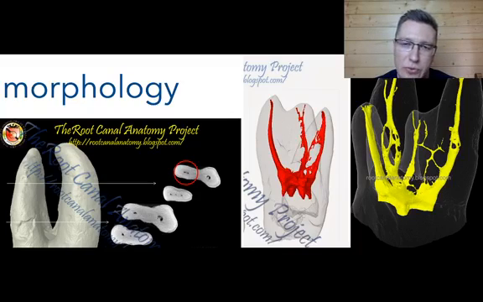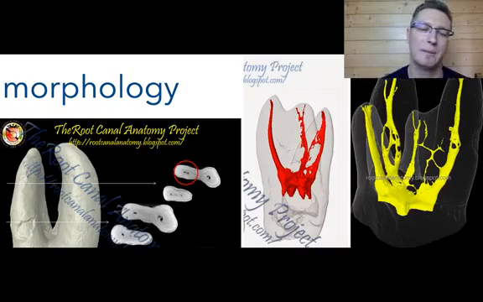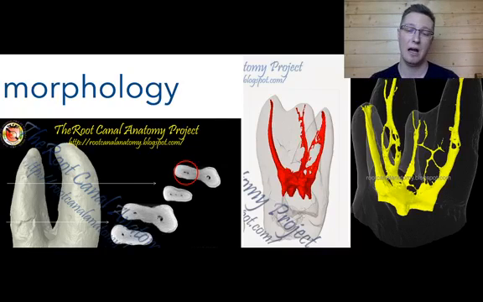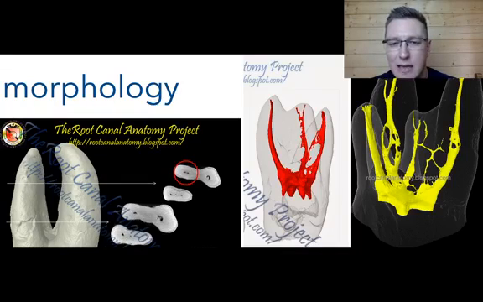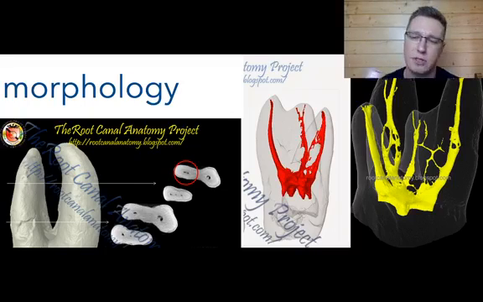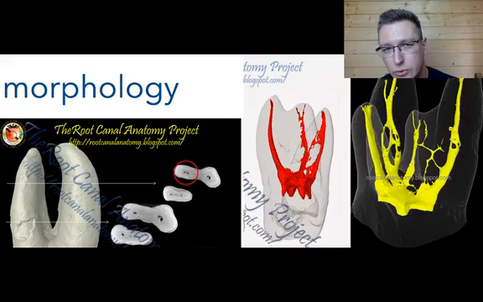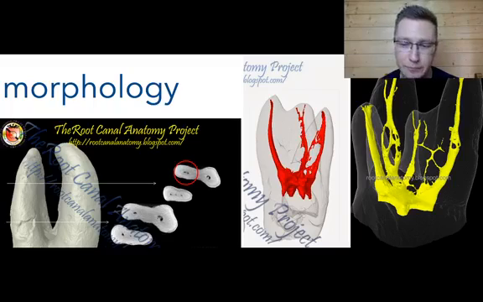They have beautiful 3D images of the micro-CT reconstructions of human teeth. And you can see, especially on the right side, how complex this root is. This is a whole net of the structures, of the pulp structures. This is a very demanding space for shaping. And of course, we are not able to shape 100% of this space, but we can remember, and we should even remember,